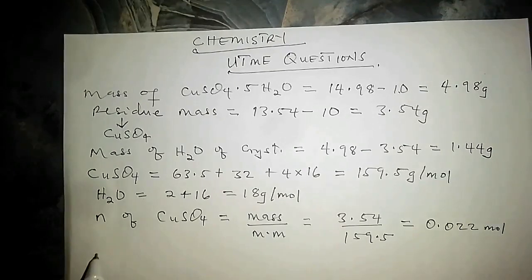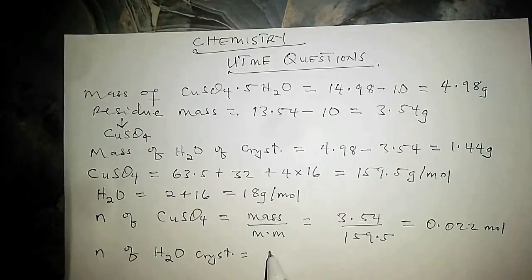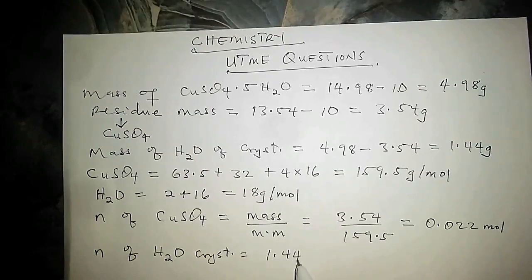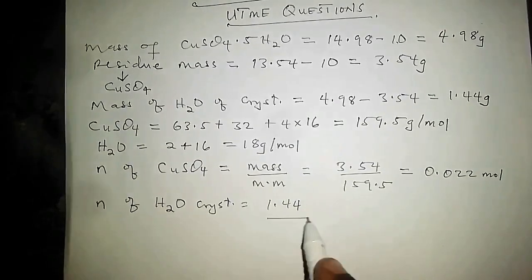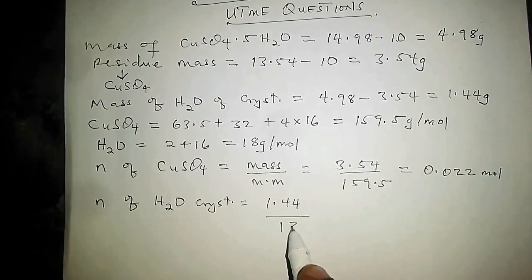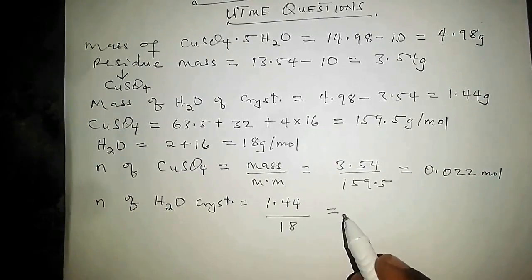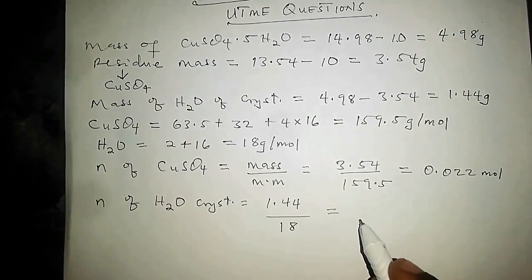We also calculate the number of moles of water of crystallization, which is the mass, 1.44, divided by the molar mass, 18. Carrying out the division, we have